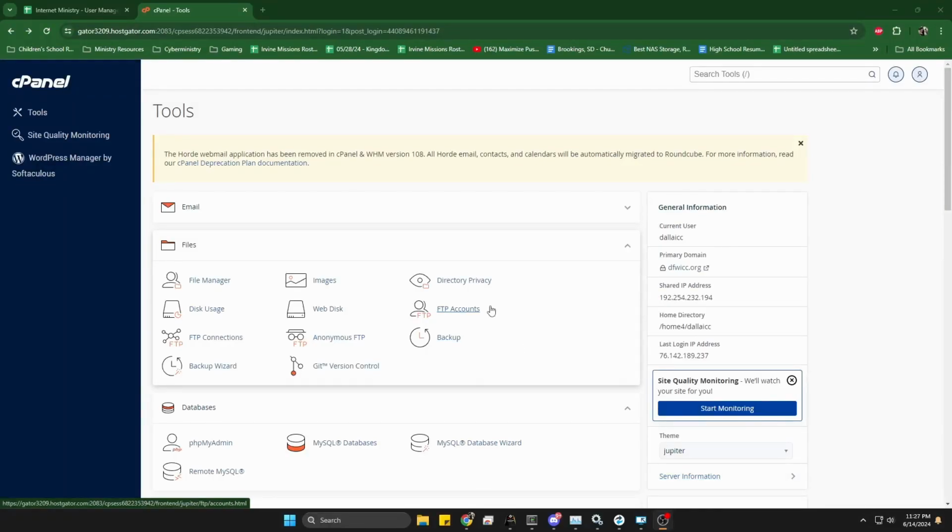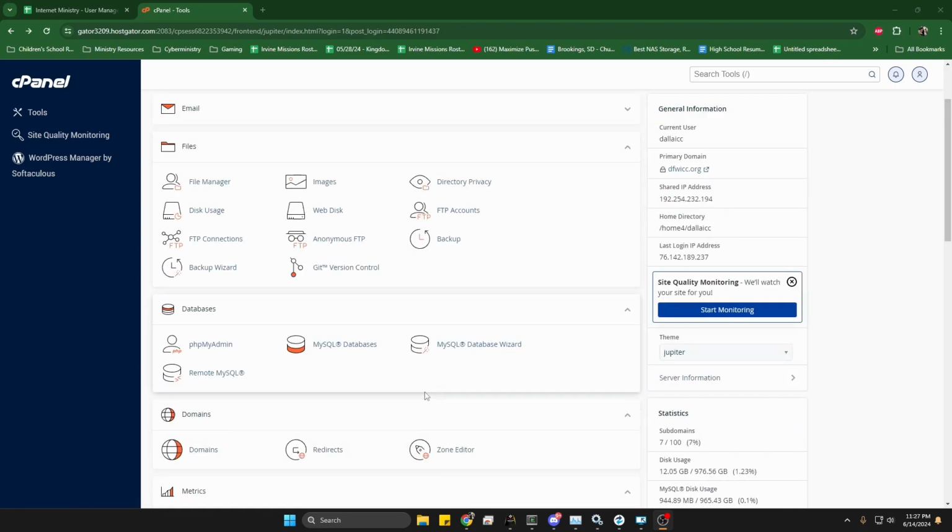What we're going to do today is export a cPanel backup, import that cPanel backup, and reconfigure it for a new site in a different situation on one of our cPanel servers. The site we're going to work on today is dfwicc.org. We're just using this as more of a template, but we're going to use the backup process